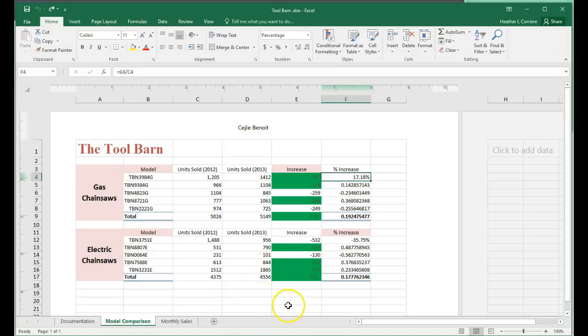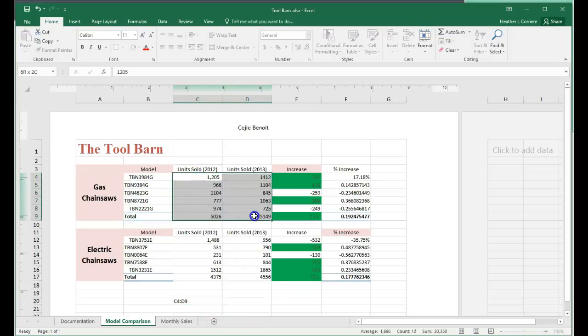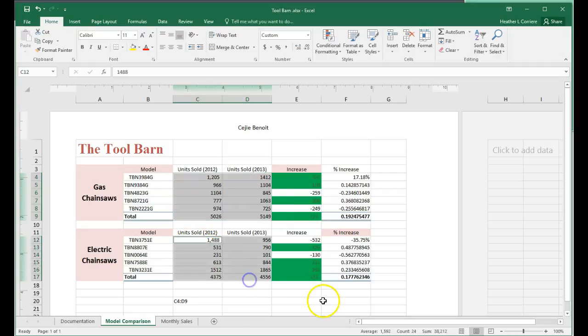So for example, if it asks us to do something in the range C4 through D9, it would look like this in the book, C4 through D9, okay? And we're going to apply something to that whole range. And then if we want non-adjacent cells, we need to use the control key. So we want to apply it to this area, and then C11 through D17. So I'm going to hold my control key down and click and drag and select this area,